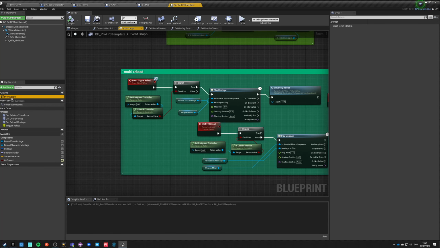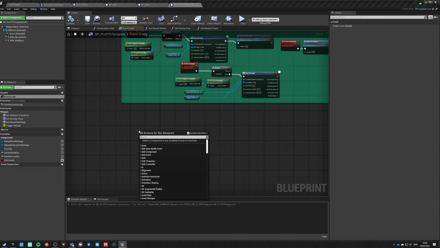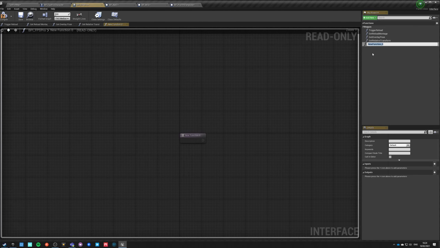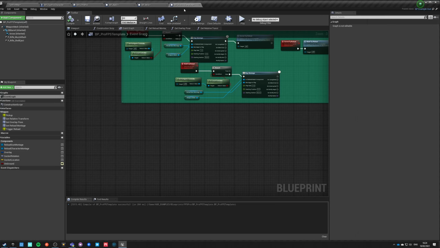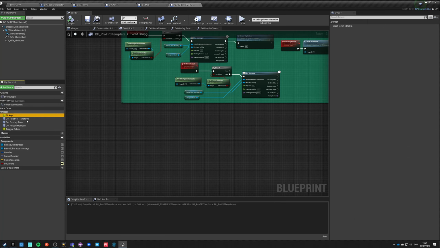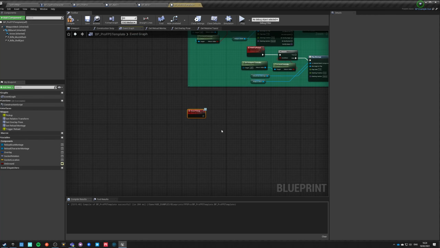And we need one more thing. We need to go into our event graph, or we actually need to add another function from our functions, and we need to add pickup. Maybe for example, let's call it pickup, and now we can go into our functions and we can see pickup. We can double click or just implement function.